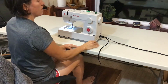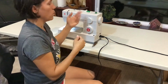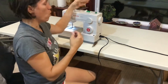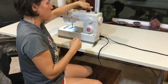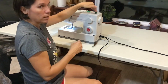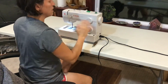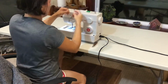Okay, that should be good enough. On my specialty threads, I try to not fill the bobbin all the way because the thread can be quite expensive, and sometimes I'm going to be using more spool thread than I would be bobbin thread, so I want the majority of my thread to remain on the original spool. I can always reload the bobbin at later times. So in this case, since it's a special color, it's not black or white, it's green, I'm just going to load the bobbin halfway. Okay, now take the pin and slide it to the left, lift up and remove it,